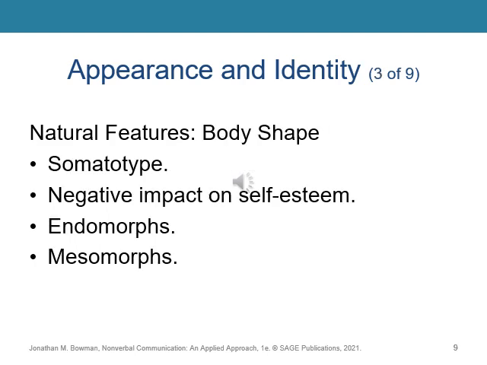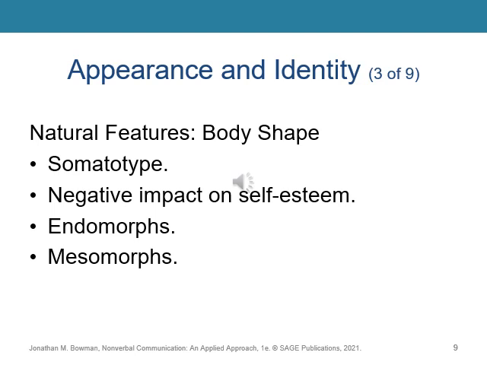Here are the terms related to body shapes. Somatotype refers to one's body shape. Body shape can have a negative impact on self-esteem when seeing people with quote-unquote perfect bodies on television or in magazines and comparing their own shape to the one we have. Endomorphs refer to individuals whose body is characterized by more fatty tissue and a shorter height, resulting in a rounder,